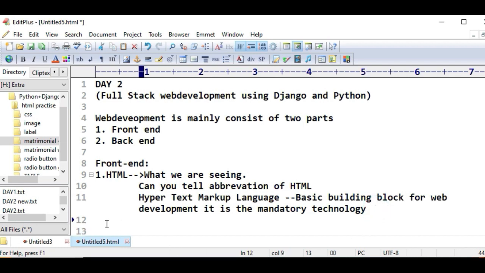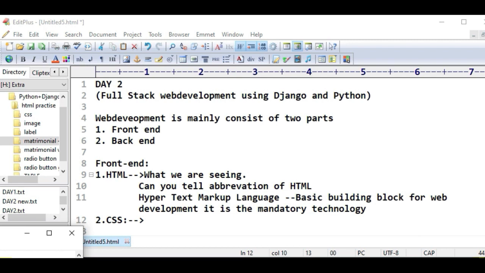The second thing is CSS. CSS is used to style the page. It is like lipstick, bindi and tika kind of thing.